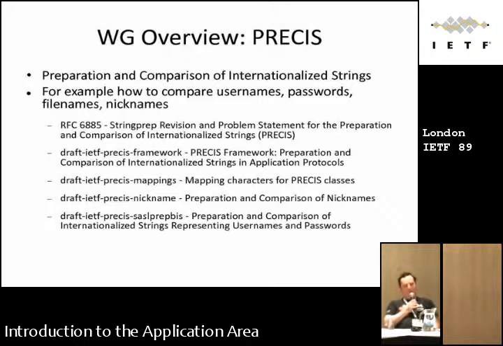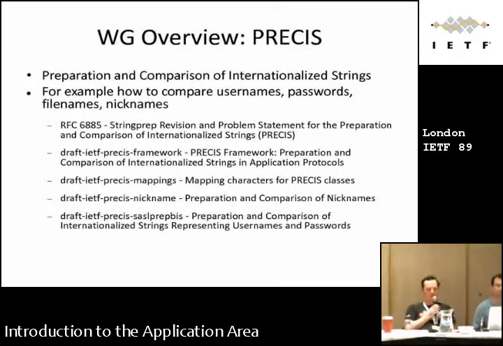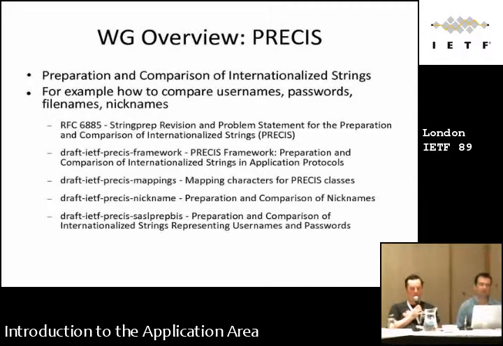PRECIS working group is working on a framework for preparation and comparison of internationalized strings. So typical use cases are usernames and passwords, which are not necessarily ASCII, file names, nicknames in chat rooms, and similar types of things. The original way to do this in IETF was based on the stringprep algorithm, which originated